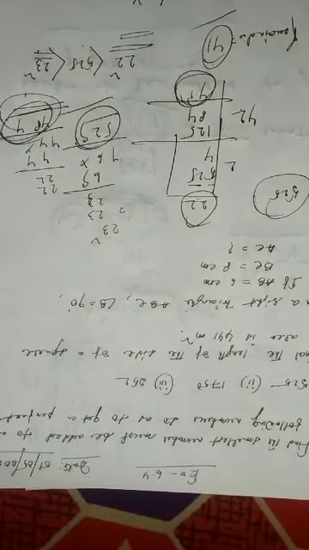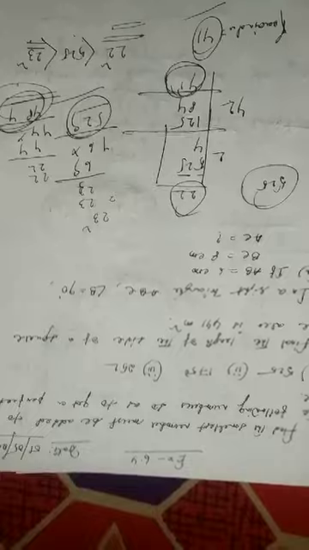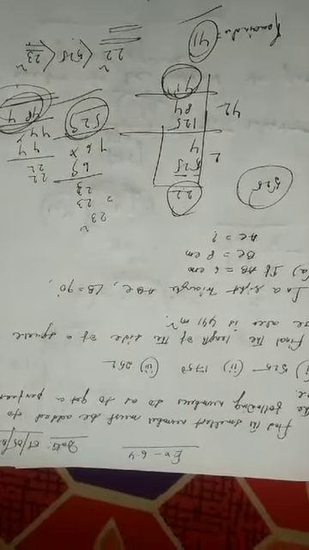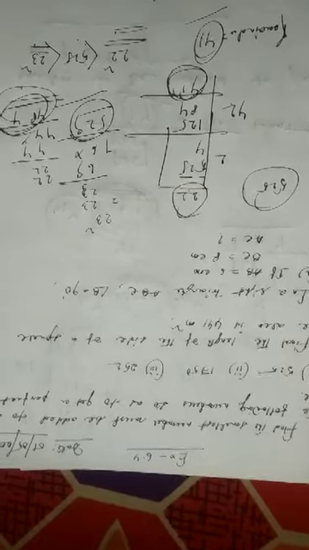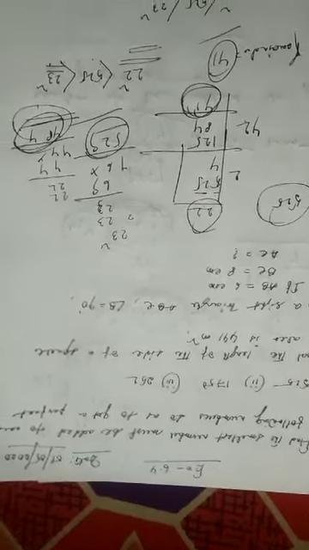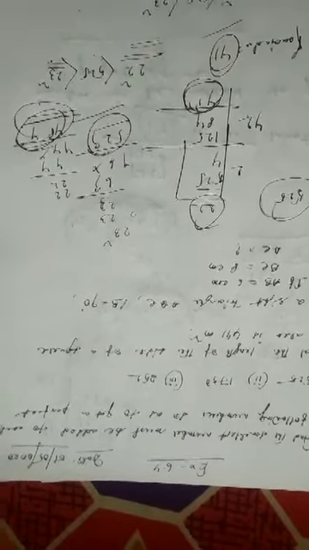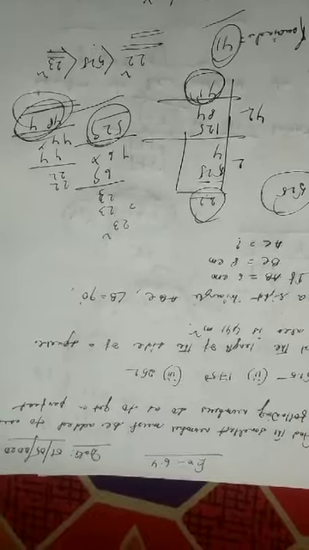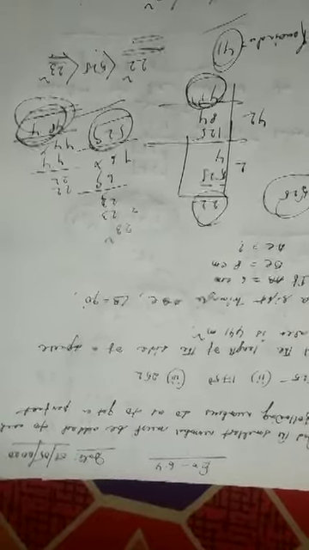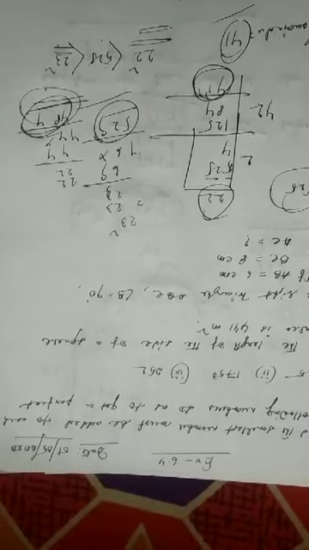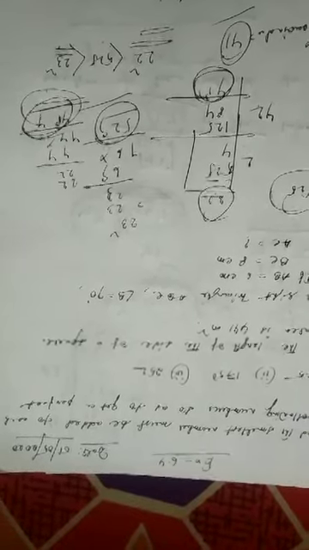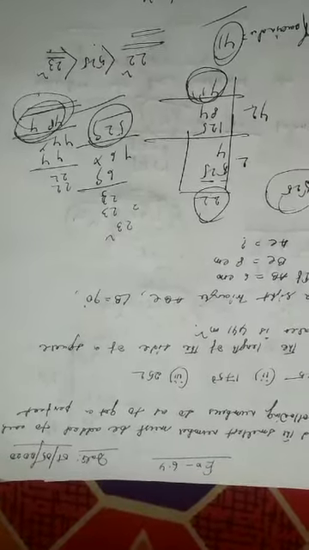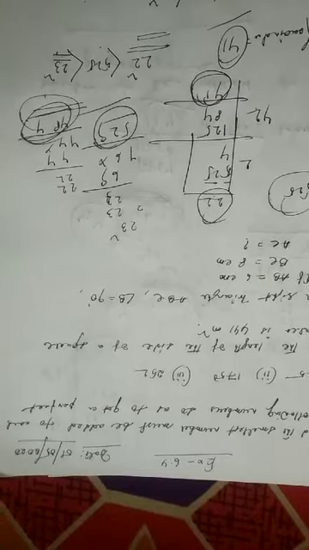There is one particular number, 441, which is the area of a square. What is the formula for the area of a square? Side into side, a number multiplied with itself. As we have dealt with such questions before, side into side is equal to the area of a square. So in that case, the sides are the same.